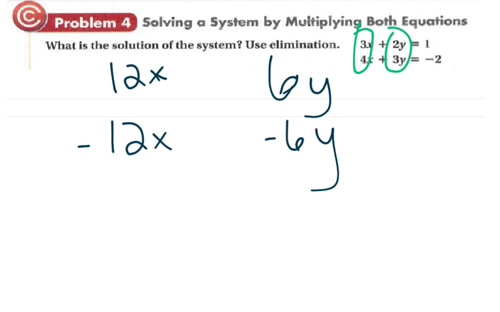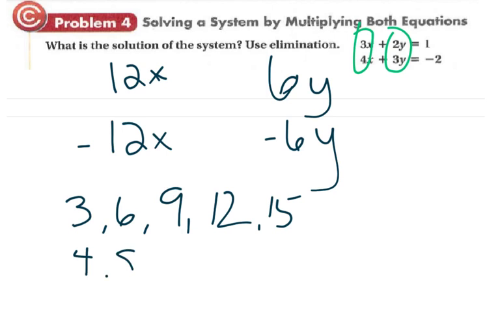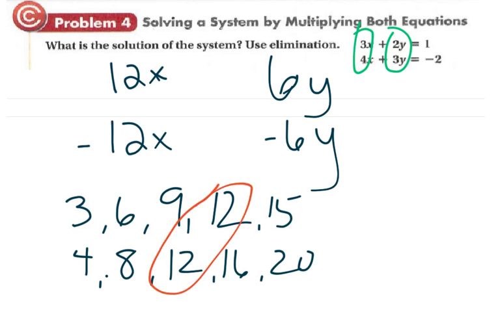The least common multiple of 3 and 4 is 12. The least common multiple of 2 and 3 is 6. That's the first number that they both share. So watch how I got there. I did 3, 6, 9, 12, 15. Okay? 4, 8, 12, 16, 20. Notice the first number they share is 12. That's why I chose 12, because that's the